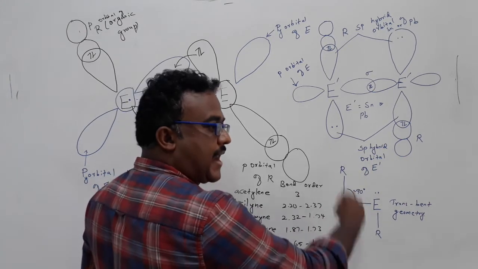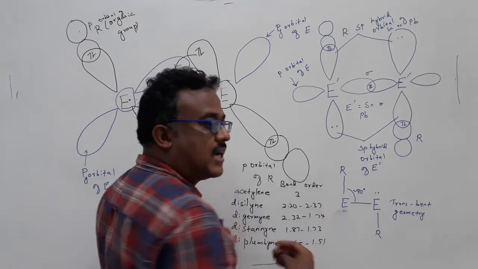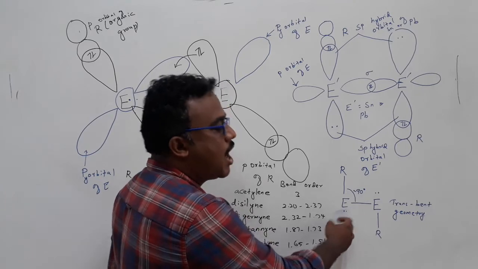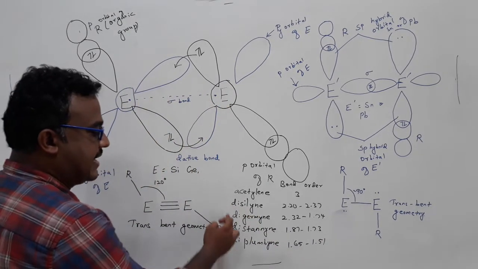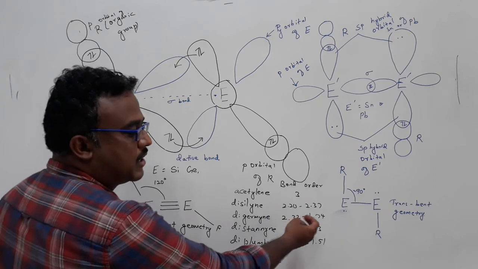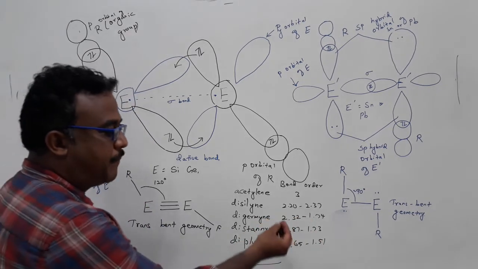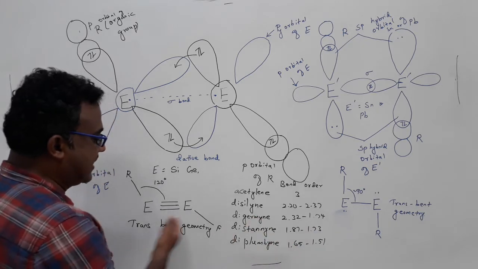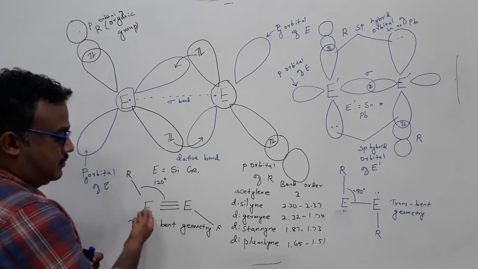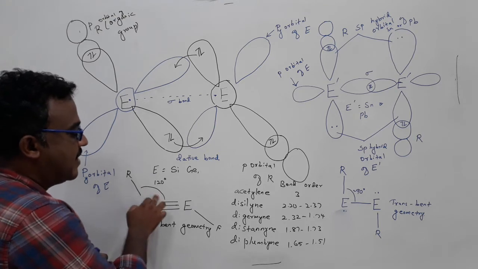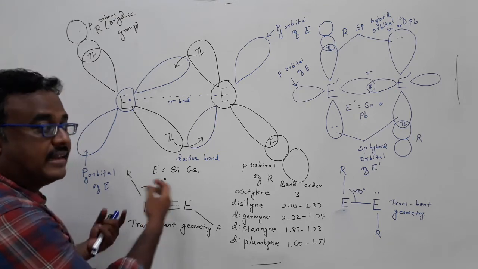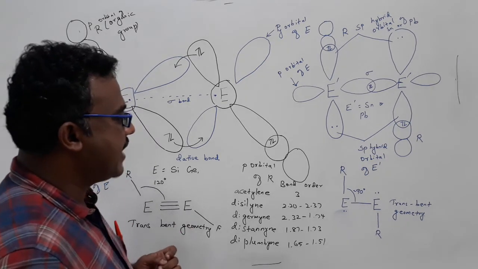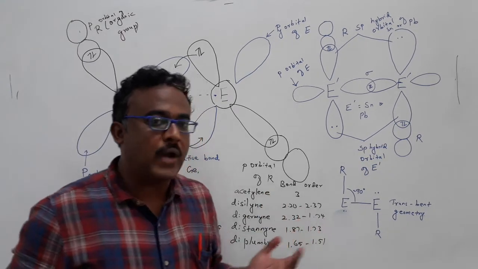and the pair of electrons, which does not involve in bonding, resides in the sp hybridized orbital. But when we come to disilyne and digermyne, the bond order is very close to 3, so it has some kind of partial double bond character. That's why the trans-bent geometry has a wider bond angle, more than 90 degree. Okay. We have a comparison of this one.